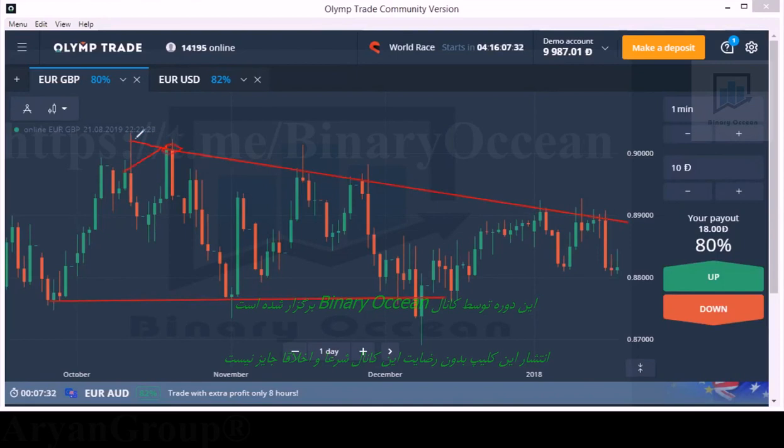Okay, a seller's entry, again a seller's entry, and a reversal sign. So we can expect a seller's entry again from this level. A seller's entry in the market. So we can enter with sellers. The candle closed at the level with rejection, so we can enter with sellers on the next candle directly.